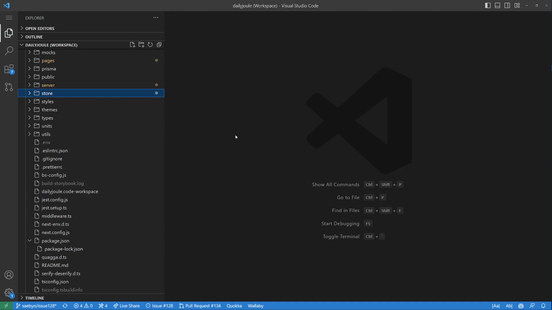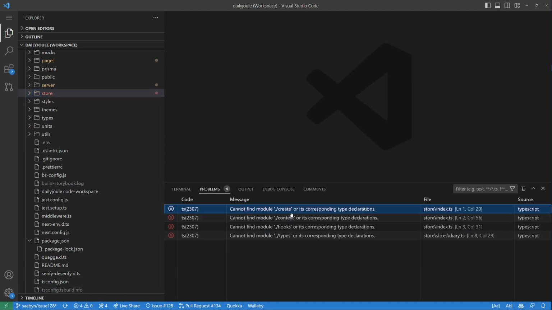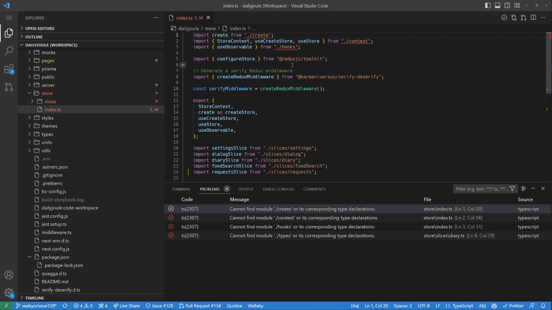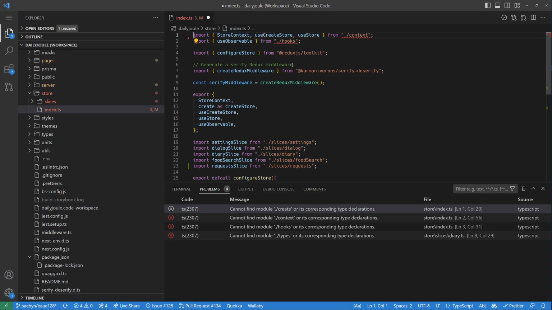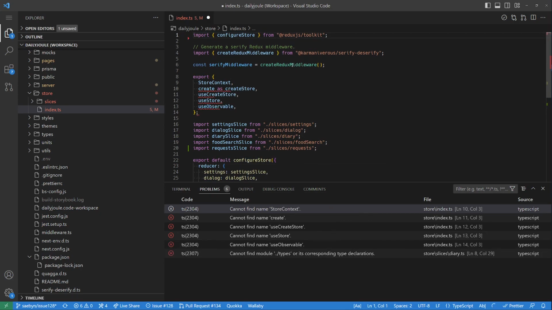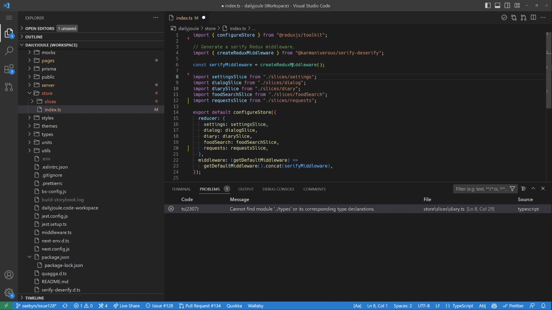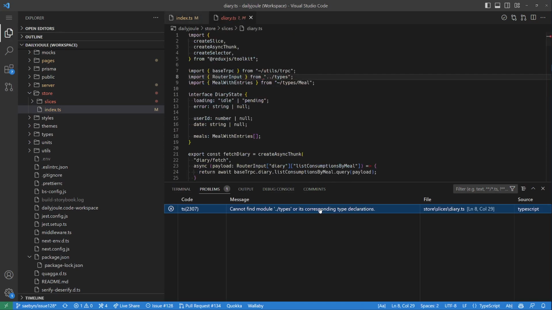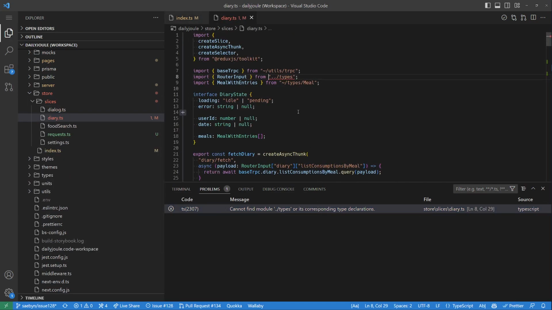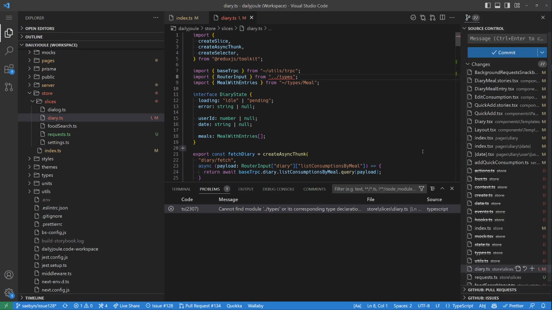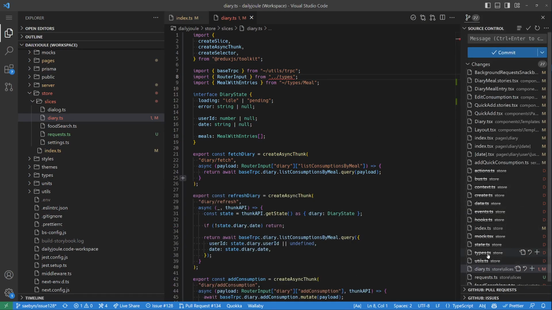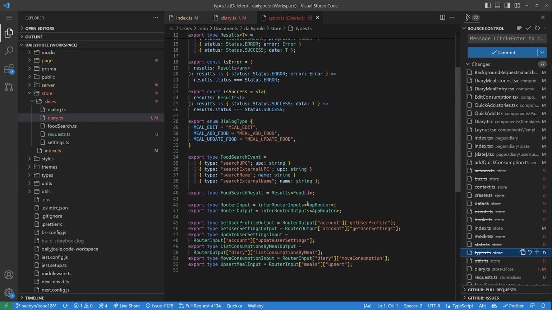All right, so store index can't find create. Yeah, we can fix these imports. Don't need any of those. I don't need to re-export any of those things. Oh, something was using router input from types. Do we want to restore types.ts for that, or do we want to just define